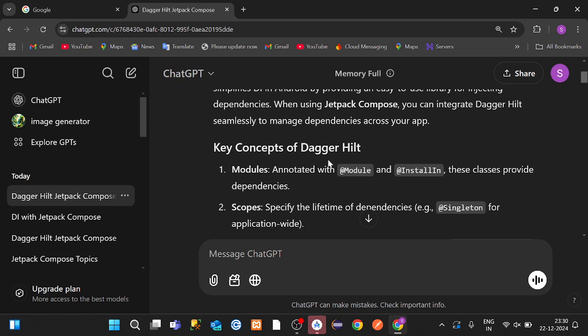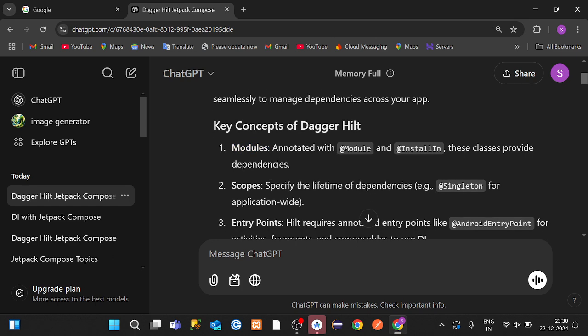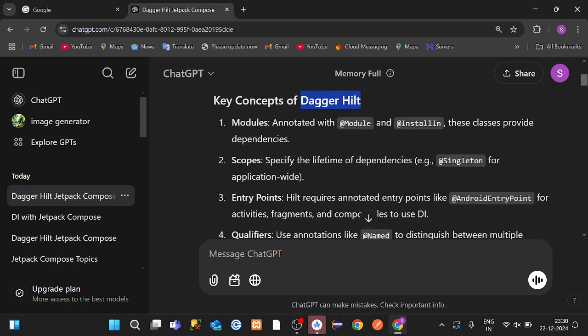The main key concepts of Dagger Hilt are specified. First one is modules. Whenever we are using Dagger Hilt, we use some kind of annotations in Android with Jetpack Compose. First one is @Module,